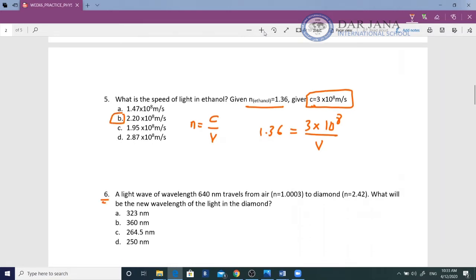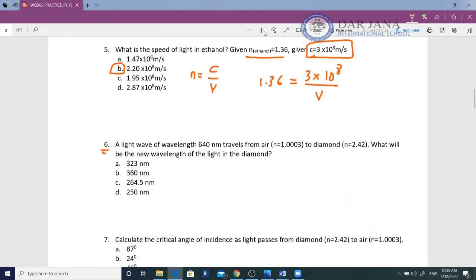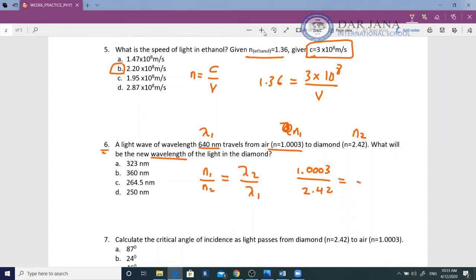Number 6 is also a simple question. We have light of wavelength lambda traveling in air. So this is lambda 1, and this is N1, and this is diamond, N2. What will be the wavelength in diamond? So we use Snell's law, N1 over N2 equal lambda 2 over lambda 1. As you see, they are opposite to each other. N1 is 1.0003 over N2, diamond, 2.42 equal lambda 2, the unknown, over lambda 1,